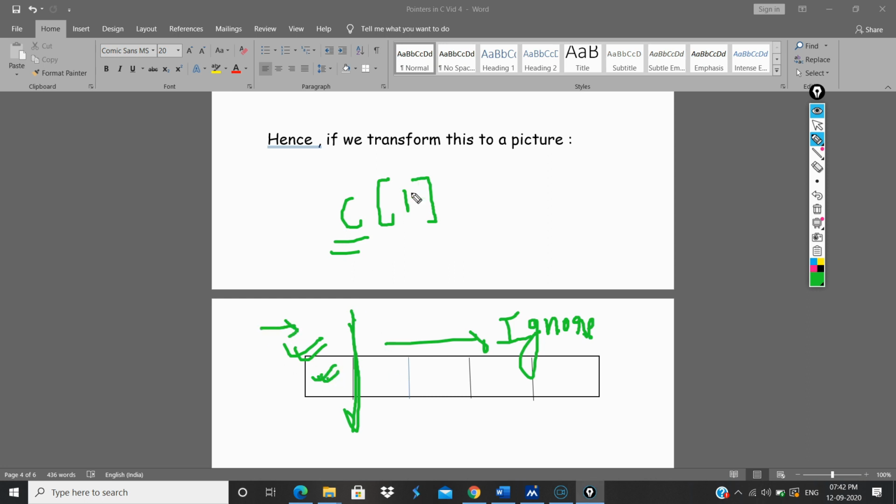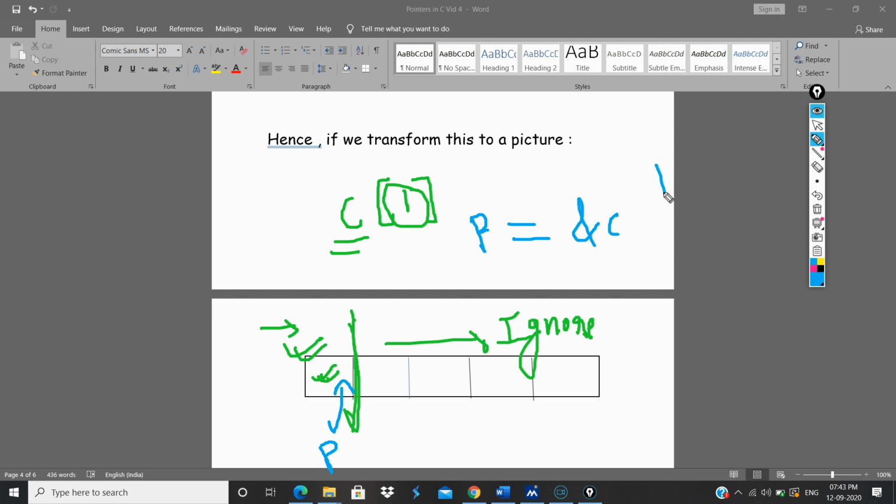All right, but since it is of one element, only one sub block will be created, and basically that will be the only block within that entire contiguous memory, because the size is 1. Now if suppose I write p is equals to address of c, it will point to the first sub block of that element, and in this case, since the size is 1, the only element will be the first sub block. So p will basically point to this.